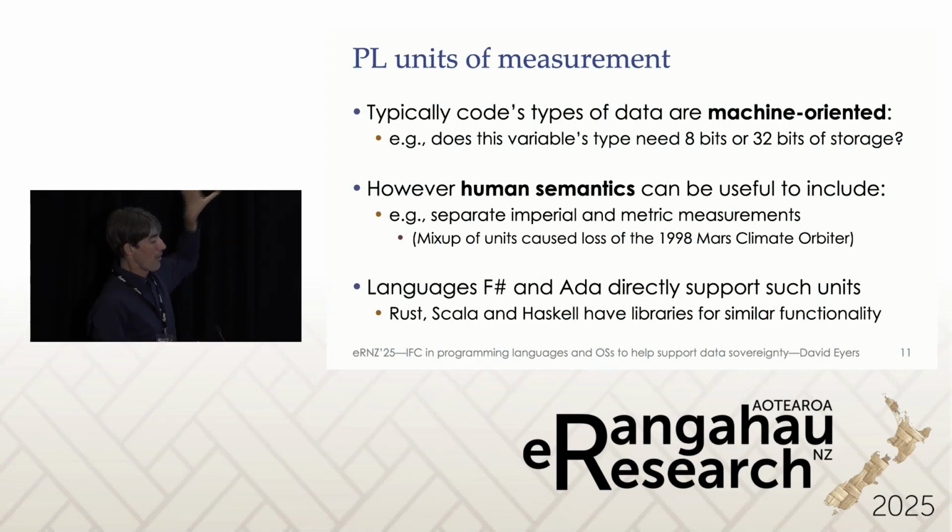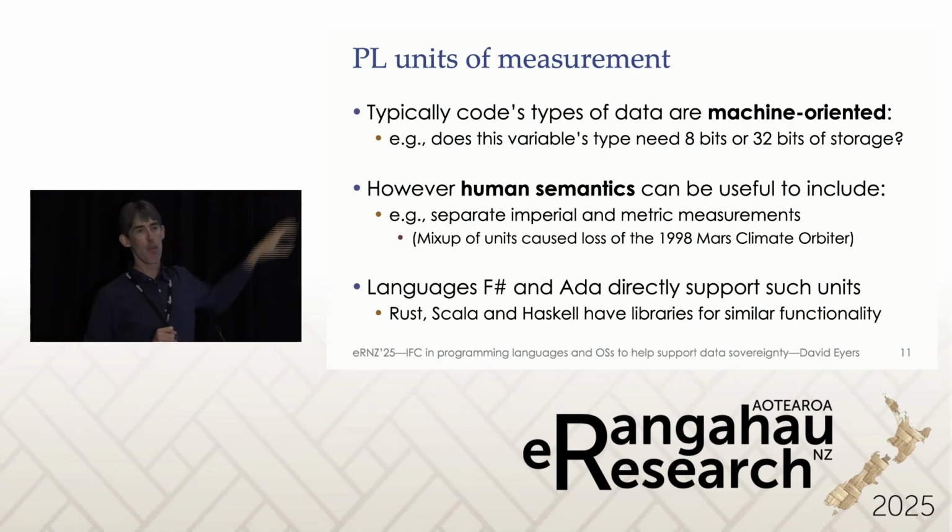I'm just giving you an example of one of the basic starting points here. Programming languages are actually encoding types of units into what they do. Again, this is a historic throwback, I would argue, that in most cases when you've got a programming language and you ask what type is this variable, you're thinking about what the machine needs. Is it 8 bits long? Is it 64 bits? We're hearing about the float 64 stuff in GPUs this morning in the keynote talk. It's machine-oriented considerations. But human semantics are really important as well.